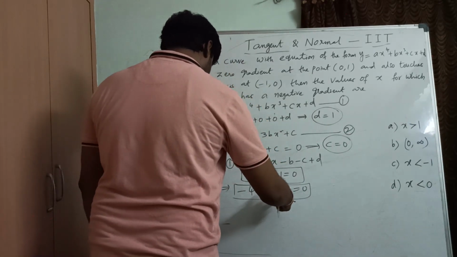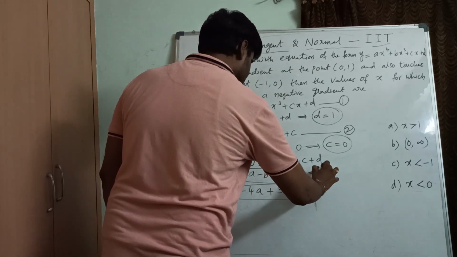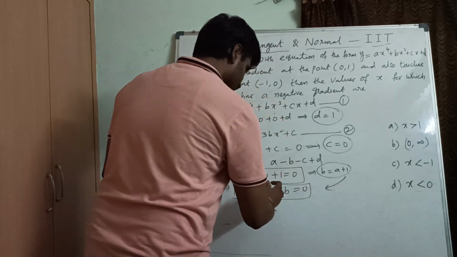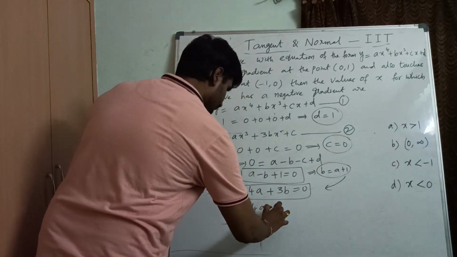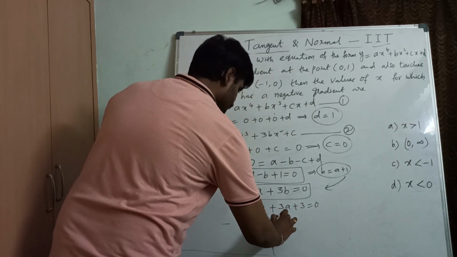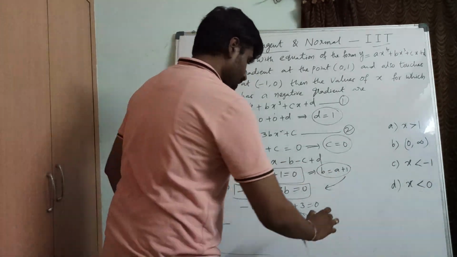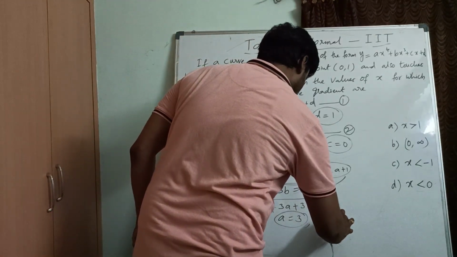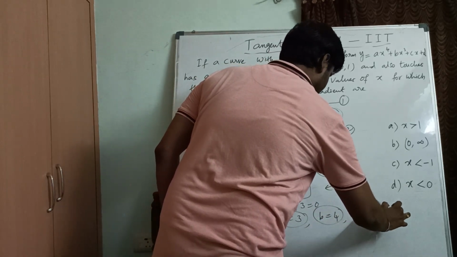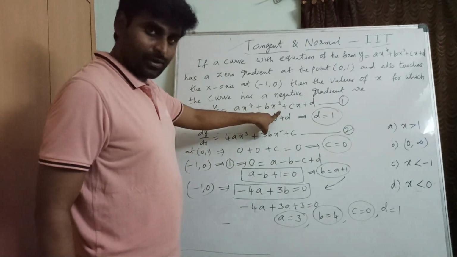So from this we can substitute b value. What is b value from this? So b value is a plus 1. So b value a plus 1 can I substitute here? Right? So what will you get? Minus 4a plus 3a plus 3 equal to 0. That means a equals to 3. Whenever a equals to 3, so what is the b? 4. Correct? What is c value? 0. D value 1. So finally we'll get our original expression.